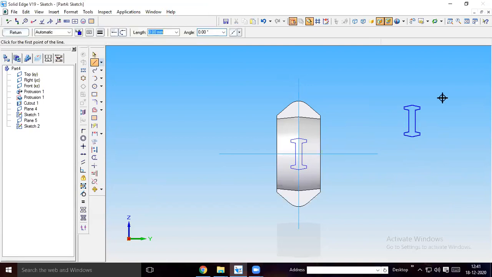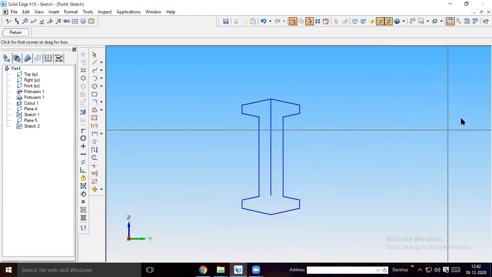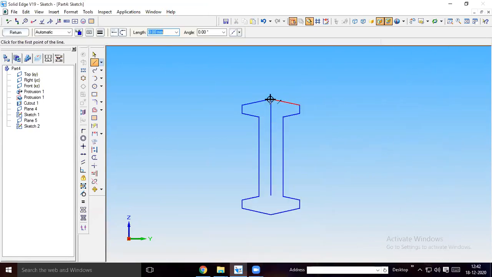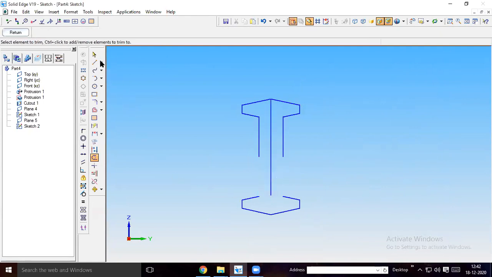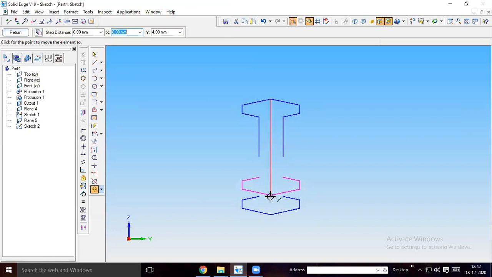So what I will do, as you know, from this point to this point distance is 24. I want to reduce into 20, right? So draw a line of 20 at minus 90 from this point. Is it clear? From this point, draw a line of 20 at minus 90. Then you can trim this portion, and then you take this bottom profile, move from this end point and place it over here. Okay, are you get it?